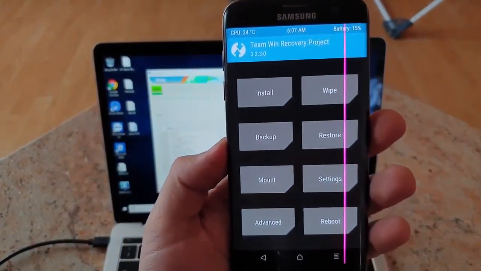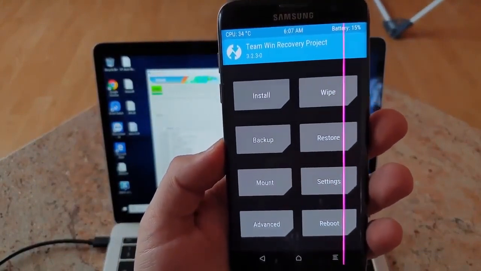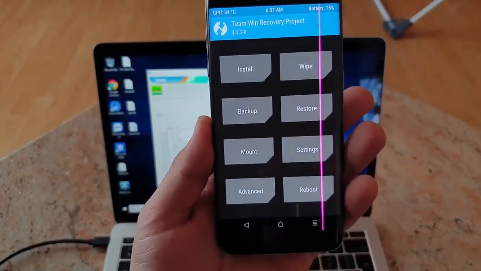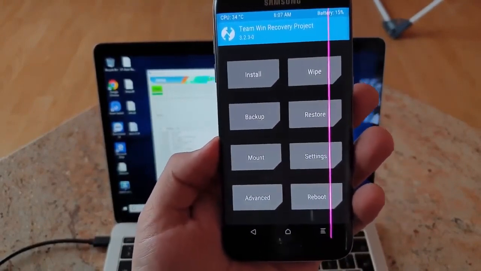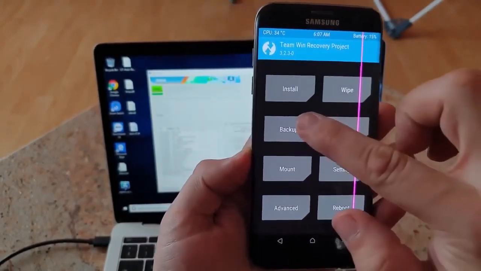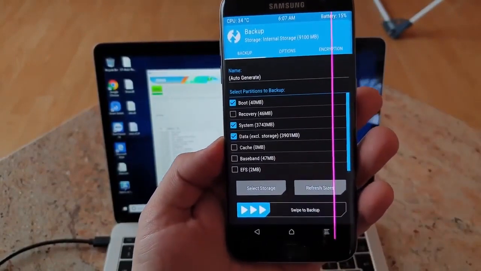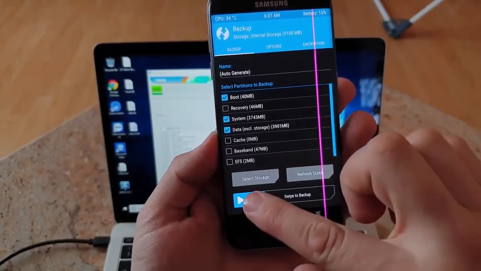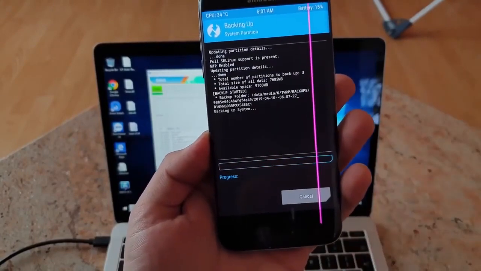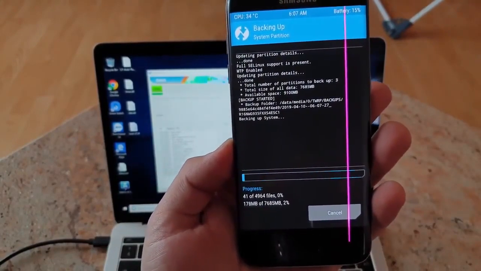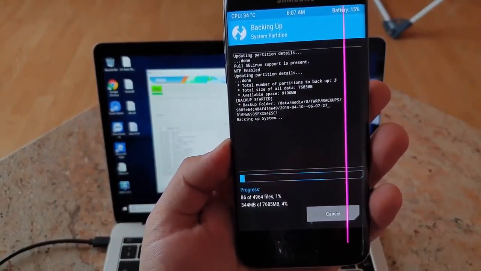So this is TeamWin Recovery Project 3.2.3-0. Okay, so that's a very interesting part, and I suggest we make a backup of the system. So swipe to backup. Okay, it might take a while, so